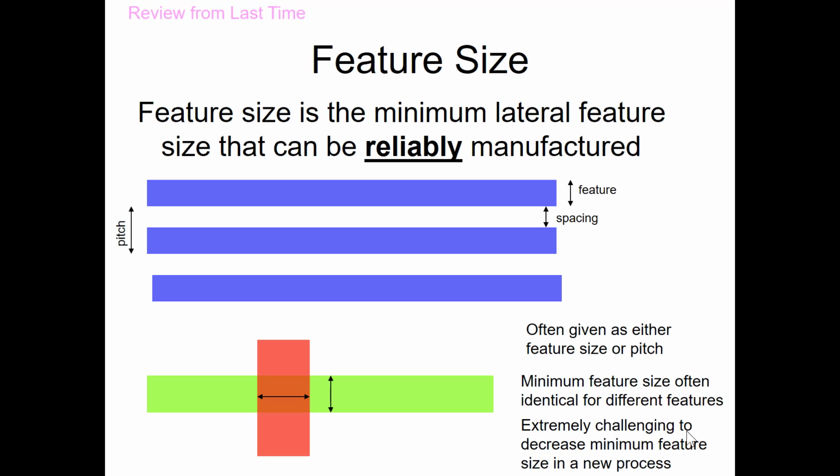Okay, so we can cheat on a circuit pretty easily and scale dimensions down. You can take a 22 nanometer process, and if you go in and squeeze the features down to 20 nanometers, a lot of circuits will still work, but a lot of it wouldn't be as reliable. So we set the feature size so that we can expect to have billions of features being good in that process. Makes sense? Doesn't mean you can't make one device or a small number of devices at a much smaller feature size, and part of them will work. It means a high percentage of them are going to work if you work with the feature size that's specified.